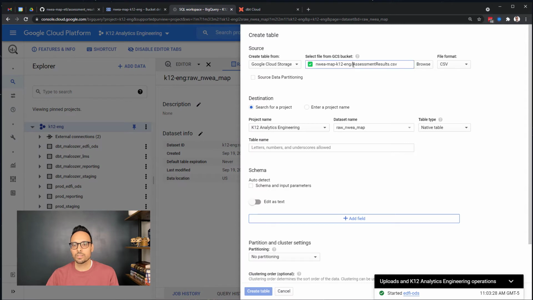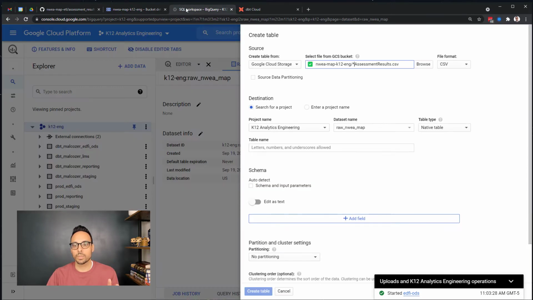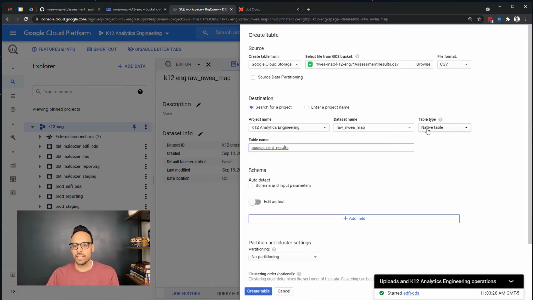Now what I'm going to do is add an asterisk before assessment results, and that's a wildcard. So what Google BigQuery is going to do, when it goes to select the files for this table, is select every file that ends in assessment results.csv, and so in this case it's going to pick up 2 for me. I will set a table name here of just assessment results,